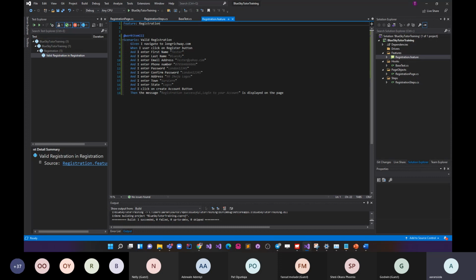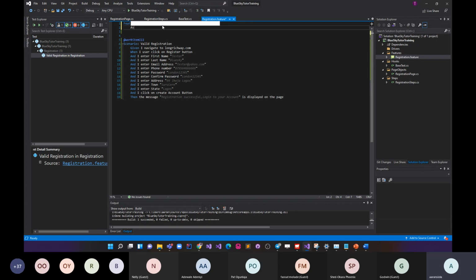When you have your feature file, you need to put a descriptive message there so that if anybody wants to see your feature, they can understand. So I need to add that descriptive message as well. So I need to put, as a, what did I want to do? As a user of